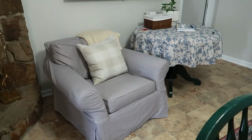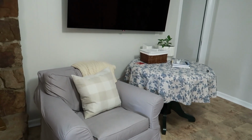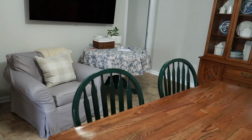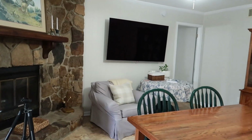It's my favorite chair, and there wasn't anywhere to put it in this house when we moved in, so it's been in my son's room. And I told him, if I ever have a place to put it, it is coming back downstairs. So just having the table and china cabinet, and then we have the stone fireplace, everything in here